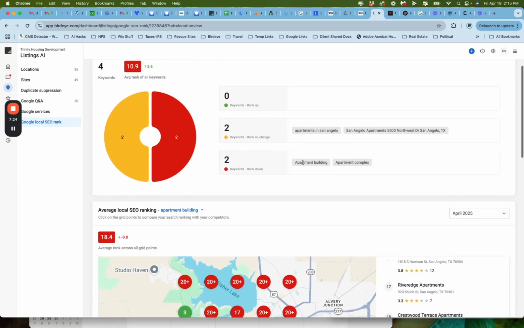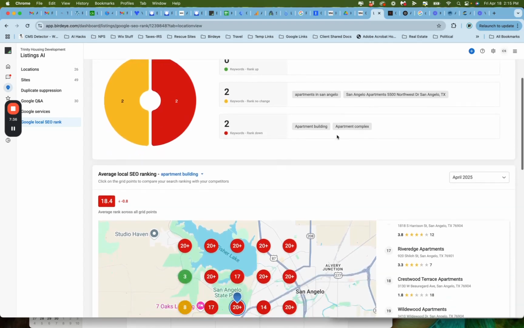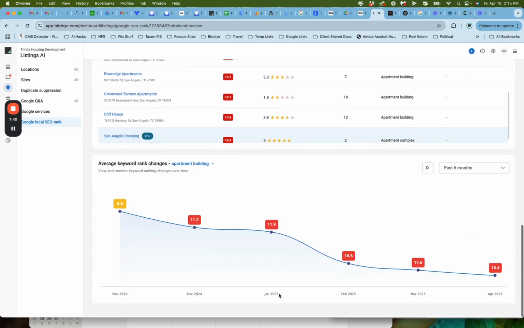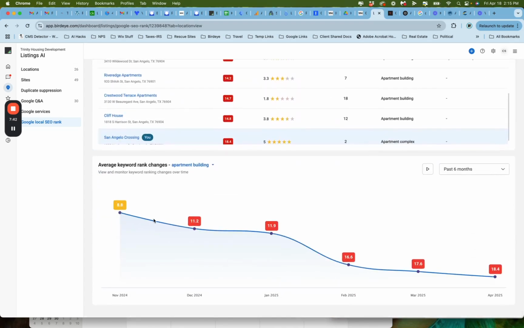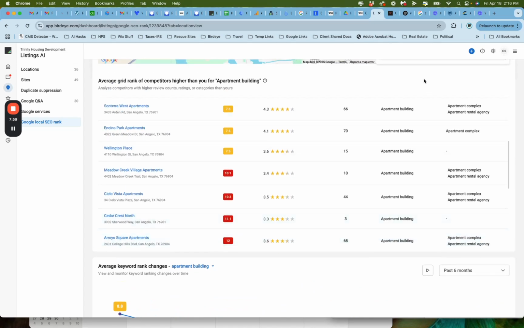And as we figure out together which keywords are working best for your location, and you can let us know of some that you think need to be added, or you can come in here and add them, things will start to change for you. Down here you can kind of see some keyword rank changes. Since it was only ranking apartment complex and apartment building, it just started tanking. So we need to freshen up the keywords for all of the locations,